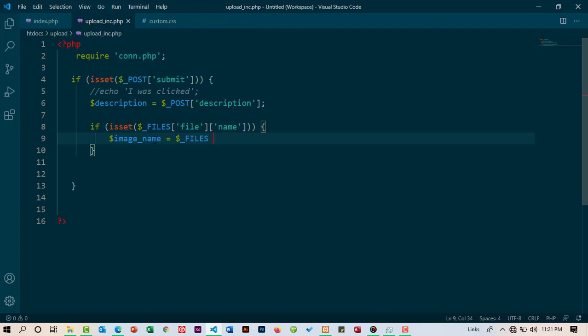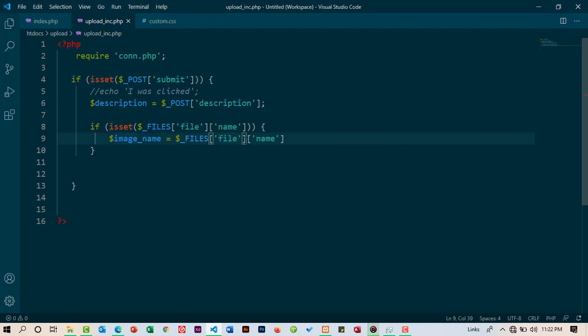We're just grabbing the image and storing it in a variable called image name. So a set of brackets, and then I say image, and this again should have another set of brackets there, and then the name. So it's like we are literally repeating what we have on top here. So actually this should be file,